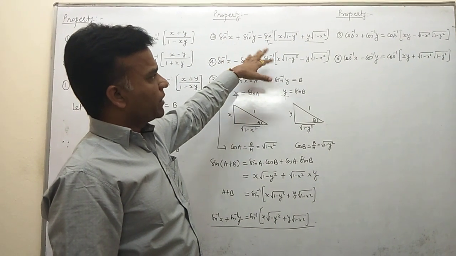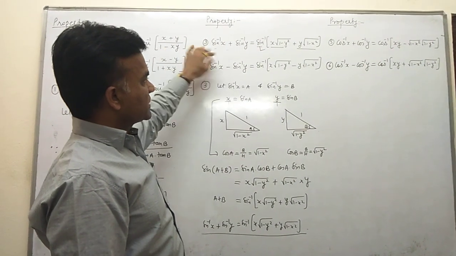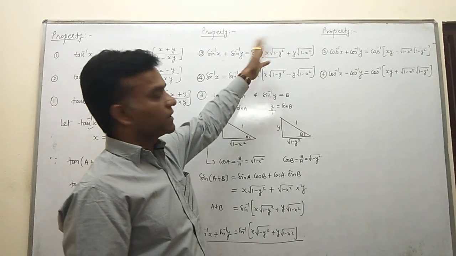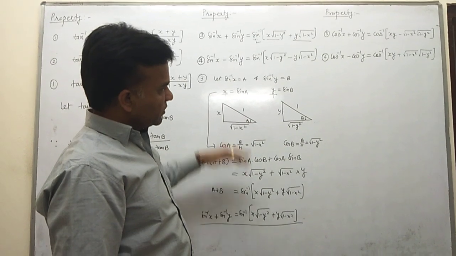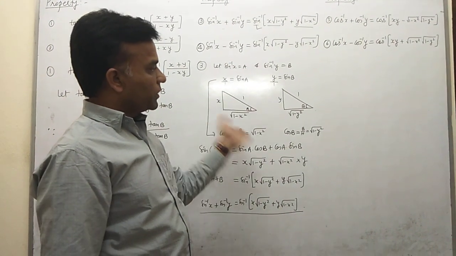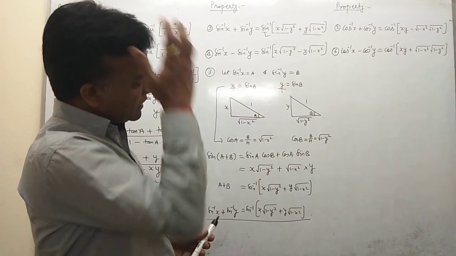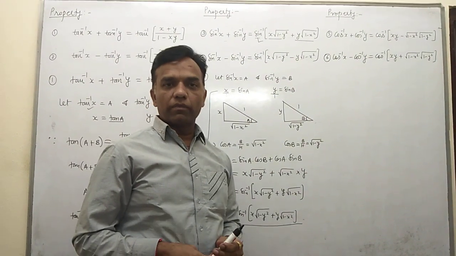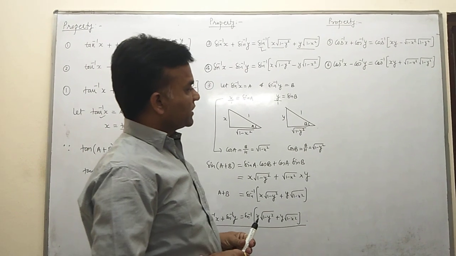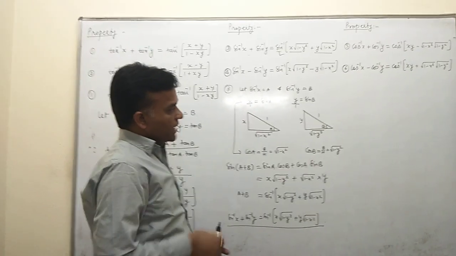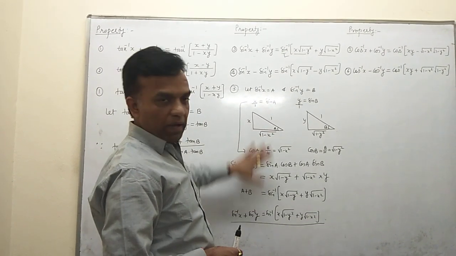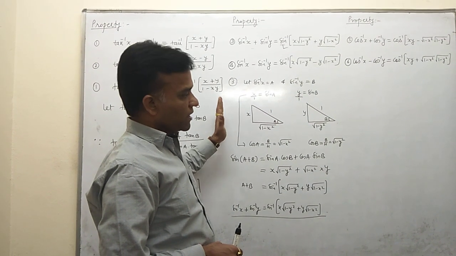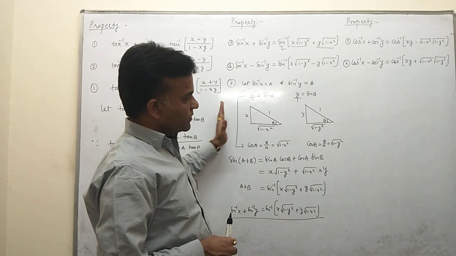Now learn this formula and put in the values. It is lengthy going, and maybe there are some different cases, because sometimes sine inverse x plus cos inverse y is given, and then you use the formula for sine inverse. By this method you get a very easy format, because everybody knows trigonometry and the Pythagoras theorem. So this concept, this algorithm, is very easy. Any identity you have to prove, you can prove by this algorithm, and the process is very easy.